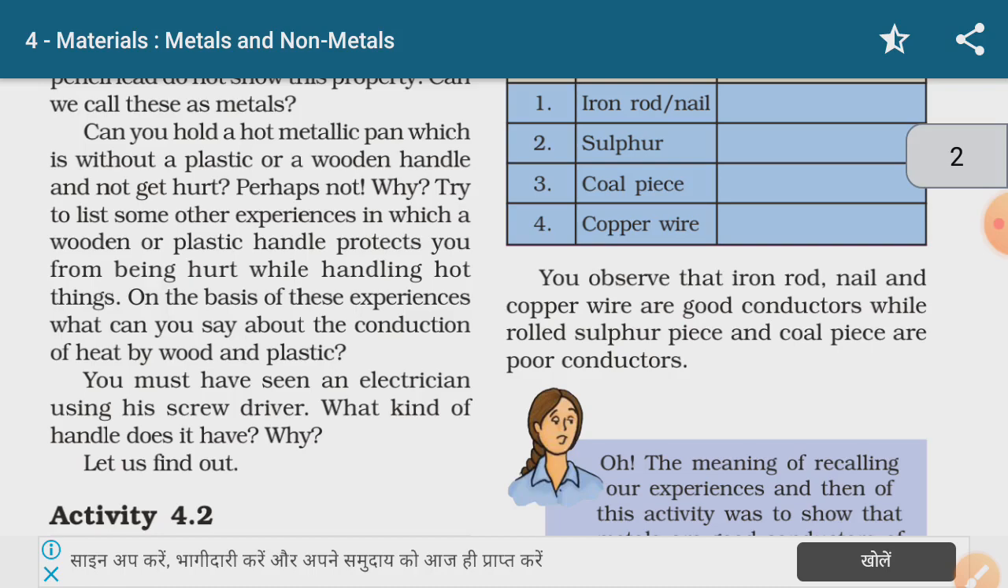What kind of handle does it have? Why? Let us find out. So next property,